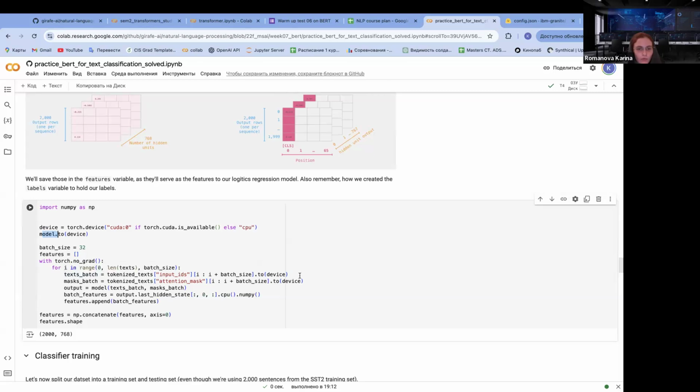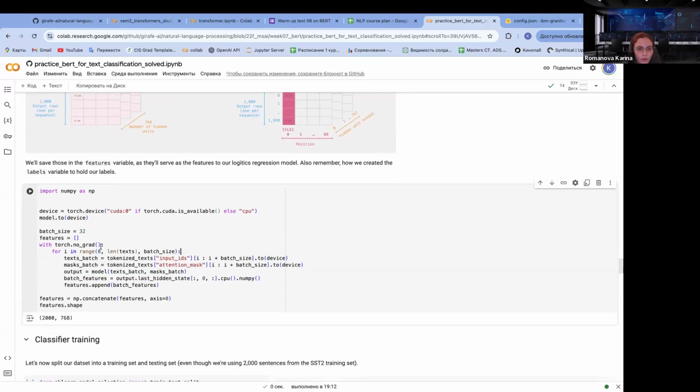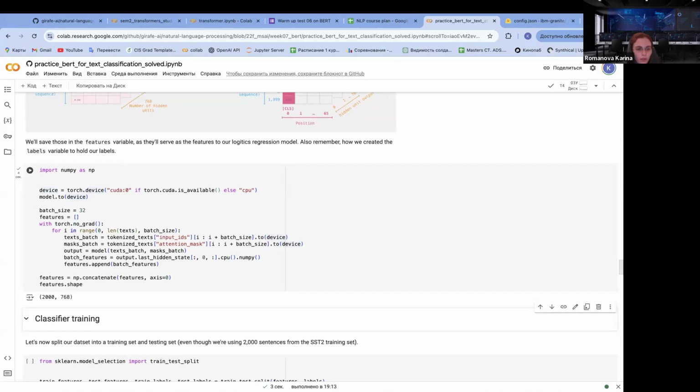You need to move all your tensors to this device too. If you will not do it, you will have issue. I think I can demonstrate it to you. Let's run this code, and it would be now without any issues. We see the result. But if I will, for example, not move,